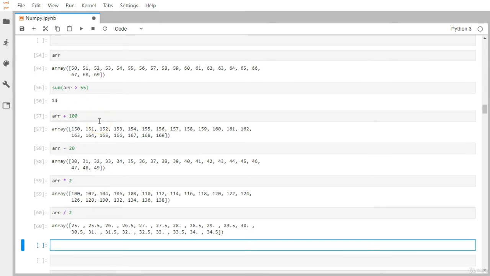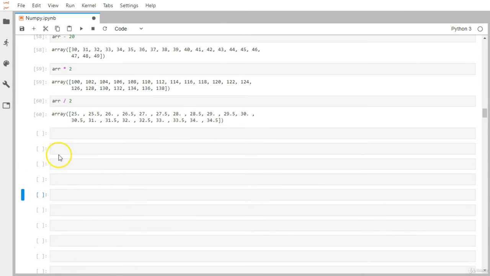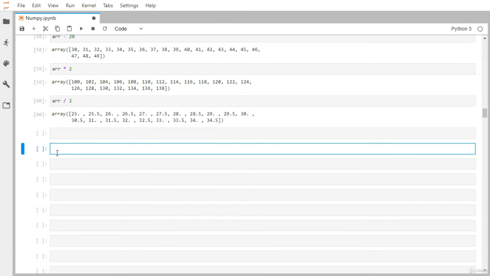So this indexing and selection of elements we have seen in a one-dimensional array. Now let's try with a two-dimensional array. Same thing, a similar index, and similar way we will access the elements, but now we are going to operate on a two-dimensional array. So first let me create one random array.